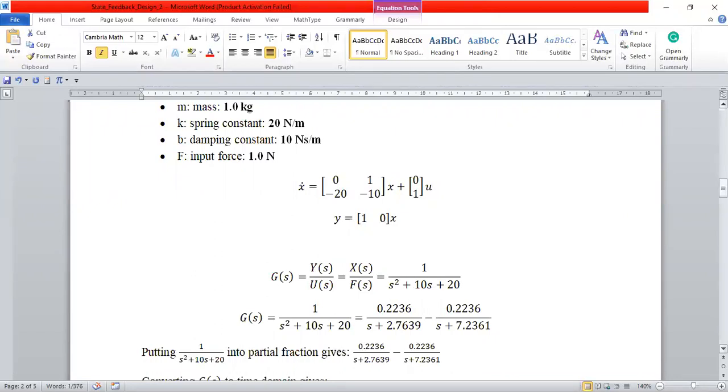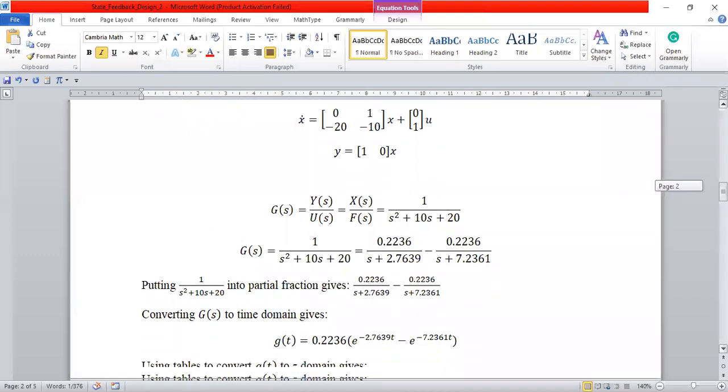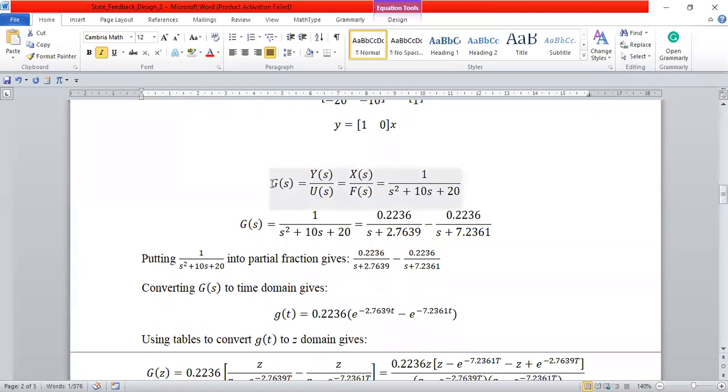So computers make use of analog to digital converters to convert from a continuous time system to a discrete time domain. So it makes use of the zero order hold, which is the mathematical equivalent of a digital to analog converter. So we are going to include the zero order hold to convert from the continuous time domain into the